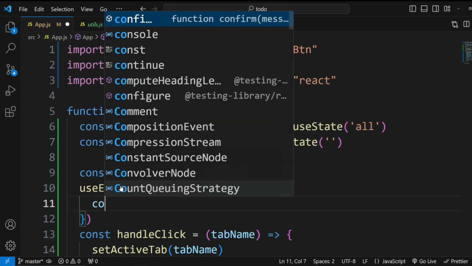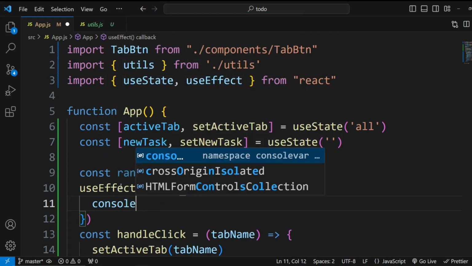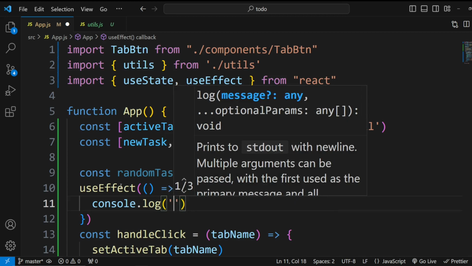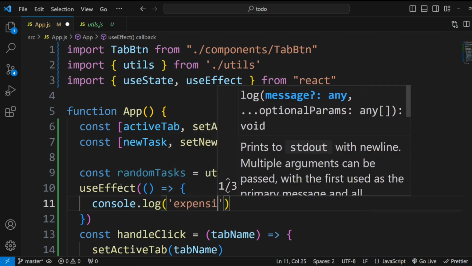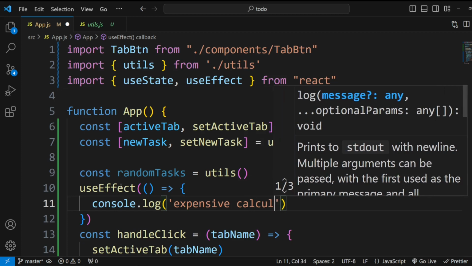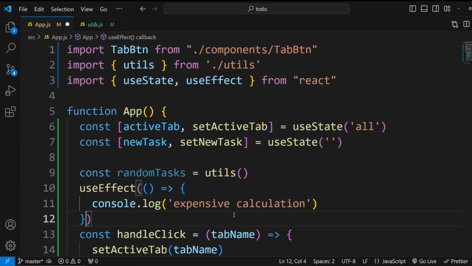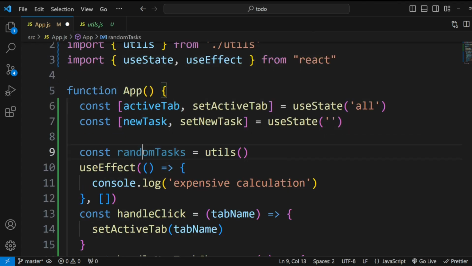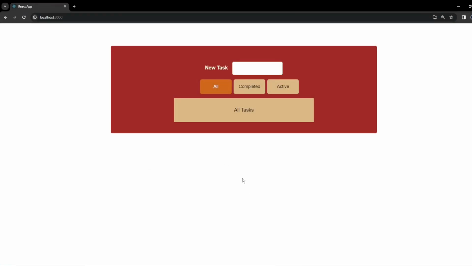Here I will pass a console message, "is going to expensive calculation", and as a dependency I will pass this randomTask variable. Now I want to log a message whenever the randomTask dependency changes. First it's going to initially run the component,